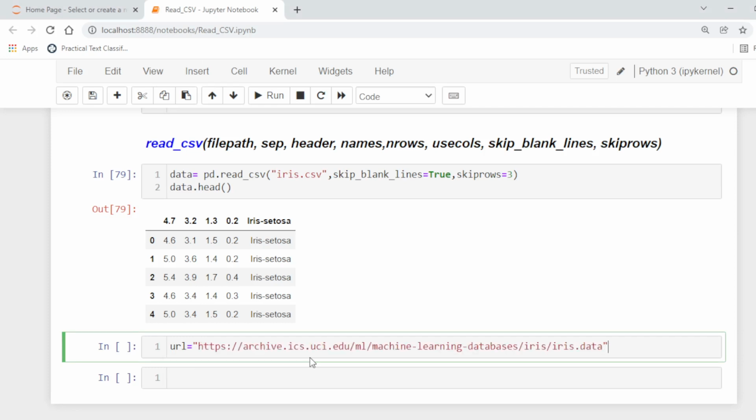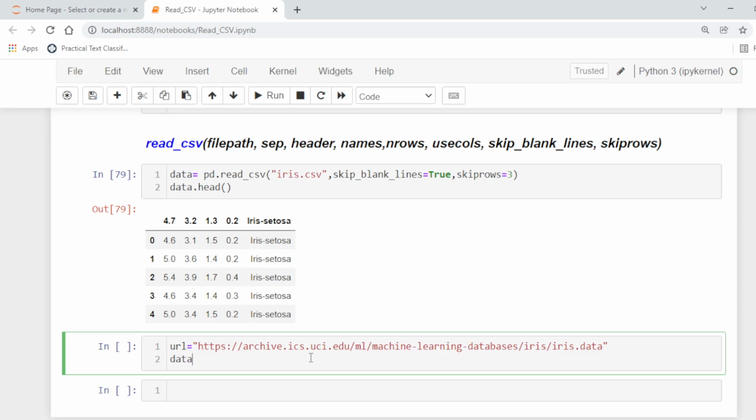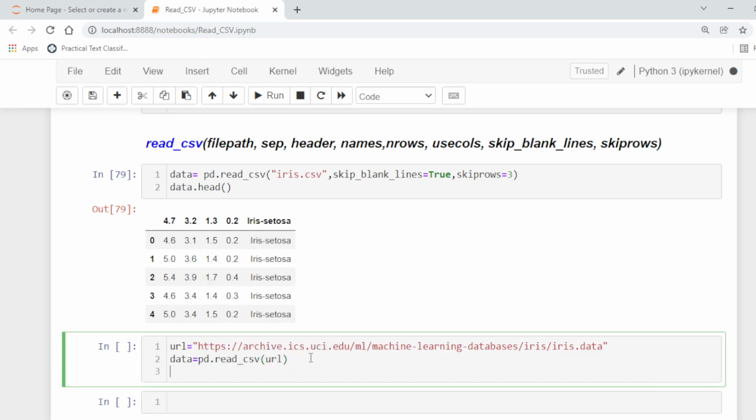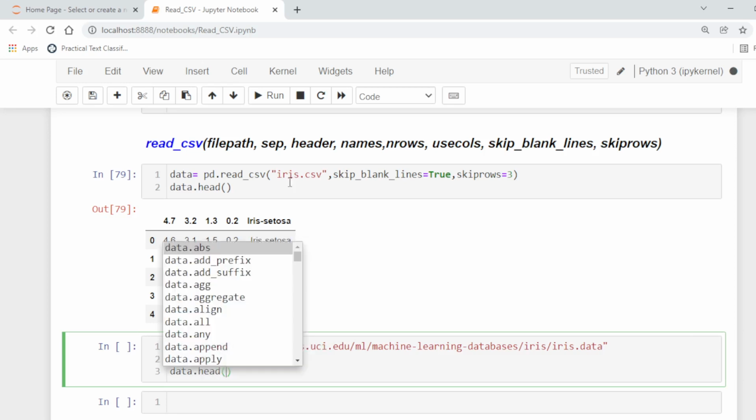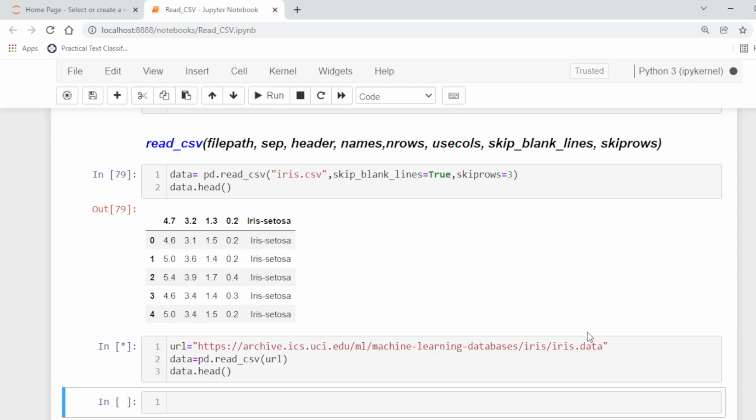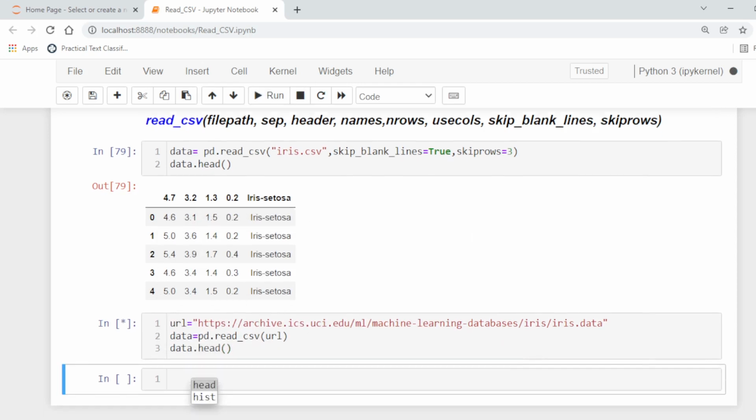UCI maintains different data sets as a service to the machine learning community. So we can use, for example, data equal to pd.read_csv(URL), and then data.head. In this way you can use the URL to retrieve the data.